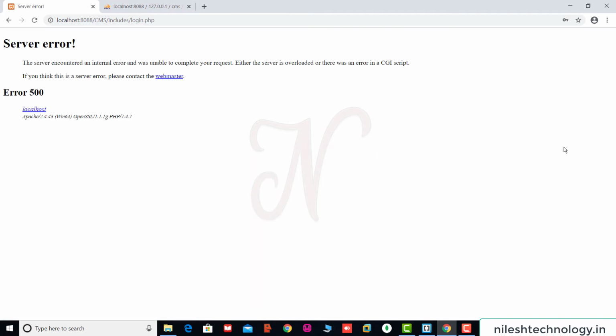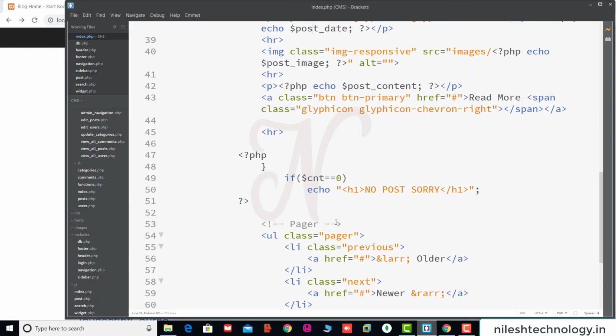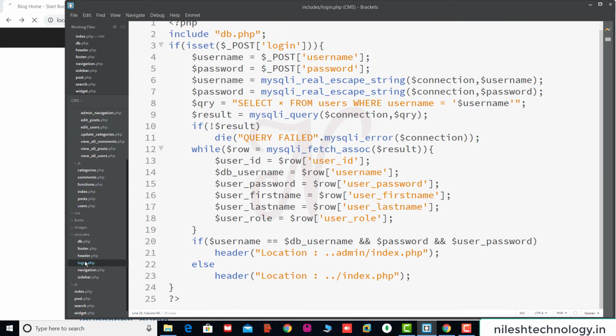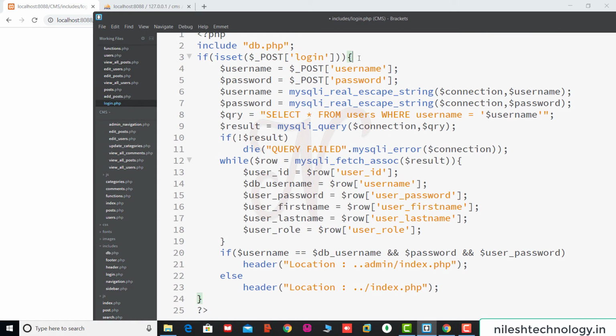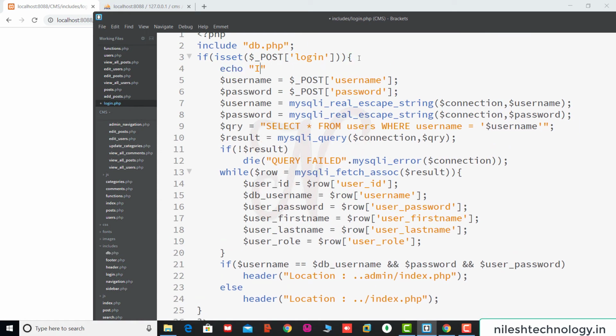See here, this is the error: server is overloaded, or there was an error in the CGI script. I think there is some issue in this login.php file. So we run this file separately, login.php file. So here we give one message, it works.